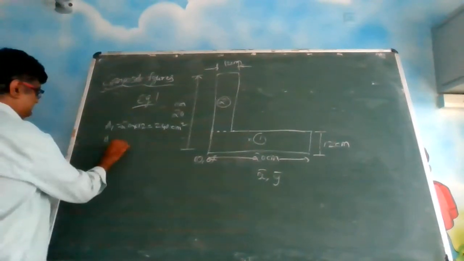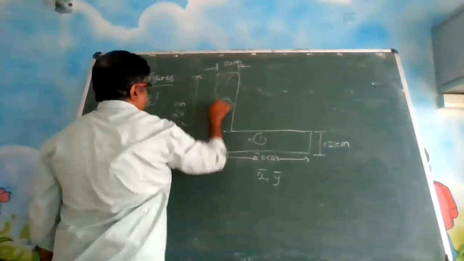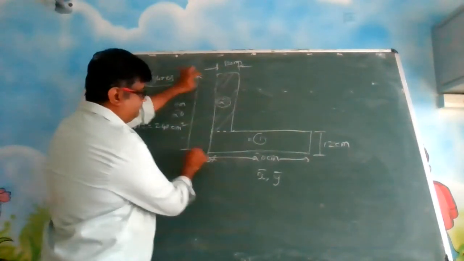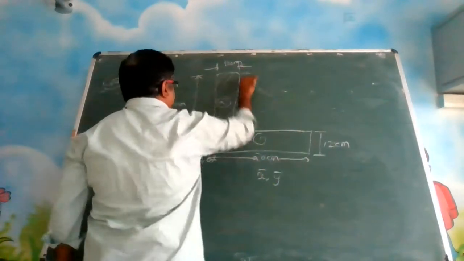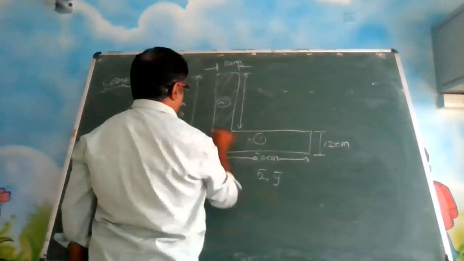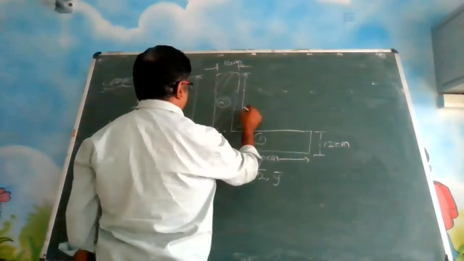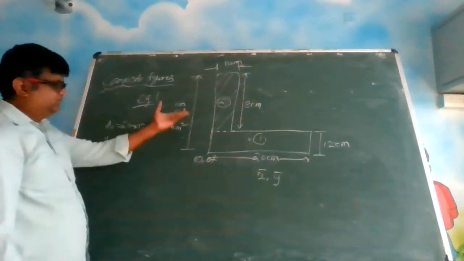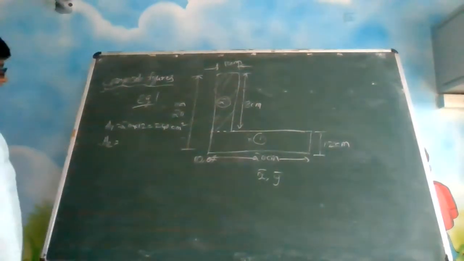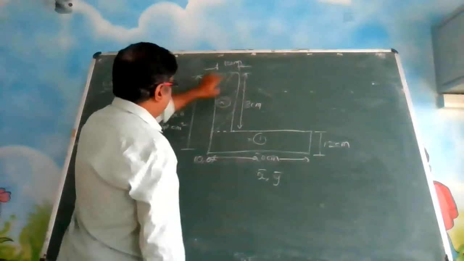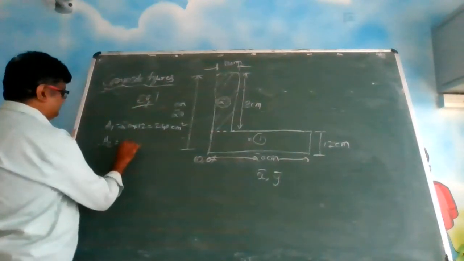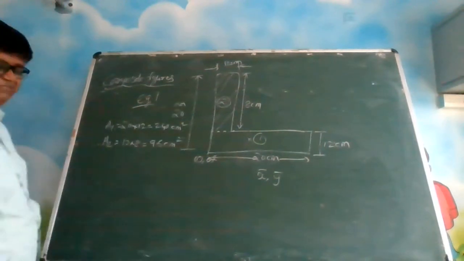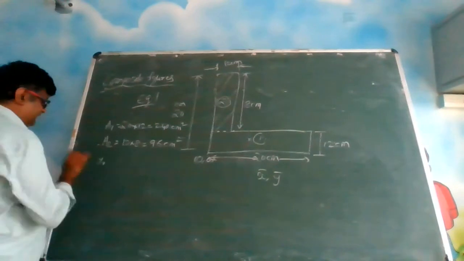A2. This much area. Because you are calling it 2, be careful. This whole is 20. This is 12. So what is this dimension now? You have to take 20 minus 12. How much? It is 8 centimeter. The diagram is not looking like that because I have made it by hand. So 8 centimeter is the length, 12 centimeter is the width. So it is 12 into 8, 96 centimeter square.